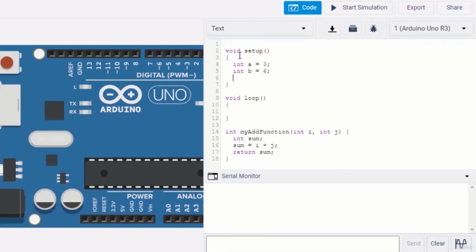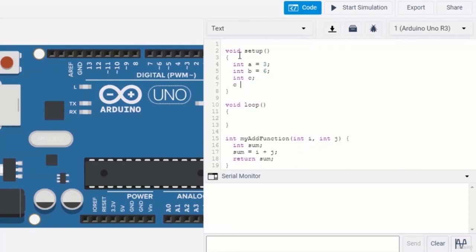Now I'll declare another variable, but I'm not going to assign any value to it. So there's no value inside the variable. Okay, so here on a new line, I simply call the variable c. Then c will be equal to, then I call my function,